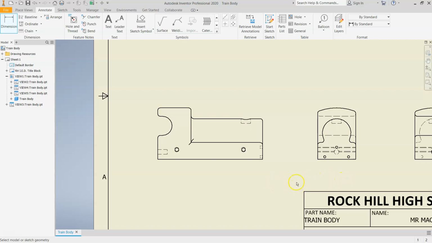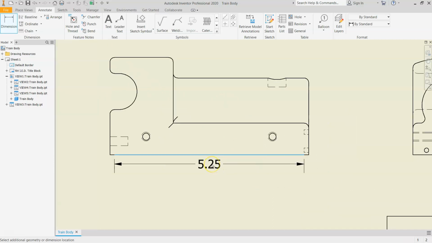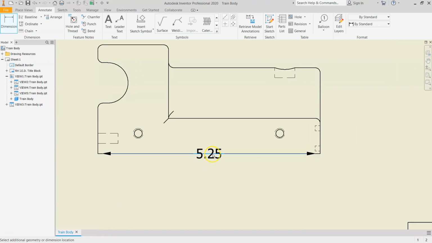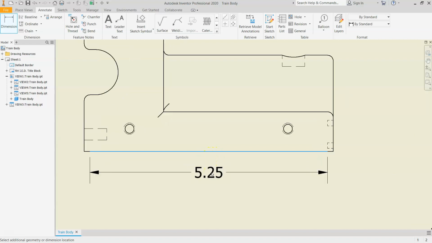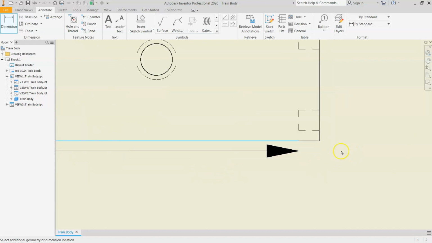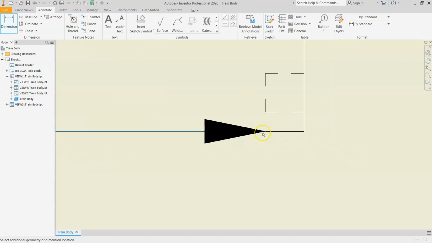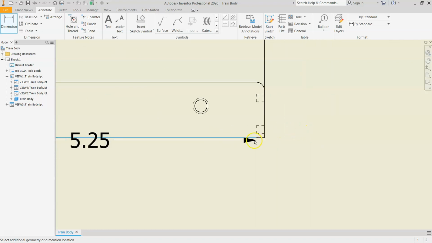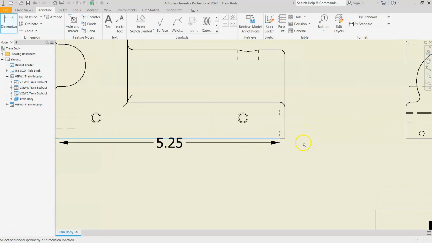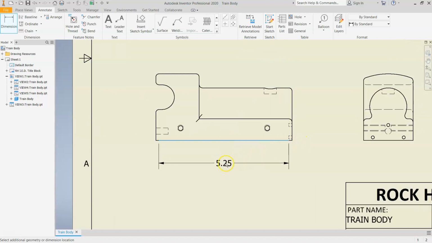So let's get started. First of all, we want to make sure we dimension the overall dimensions. Now, what I've done is I've just clicked on this bottom line like we would normally pull out dimensions, but you'll notice if we zoom in here, it did not select the entire base. So that's an error to watch out for, because if you turn this drawing sheet in and it says 5.25,